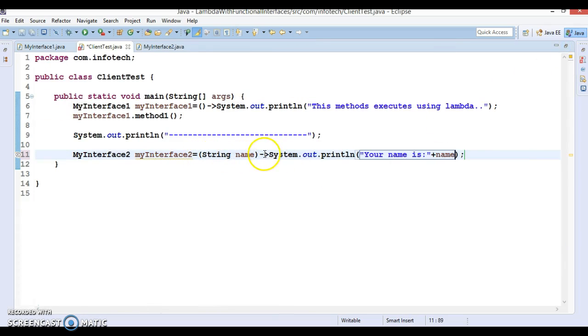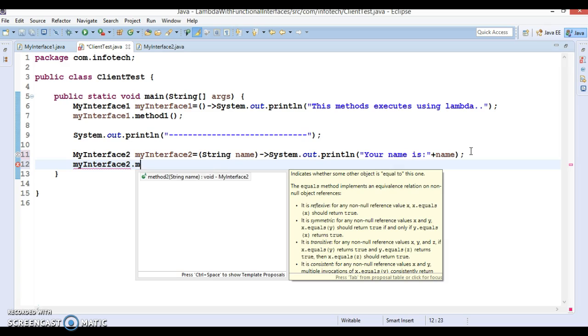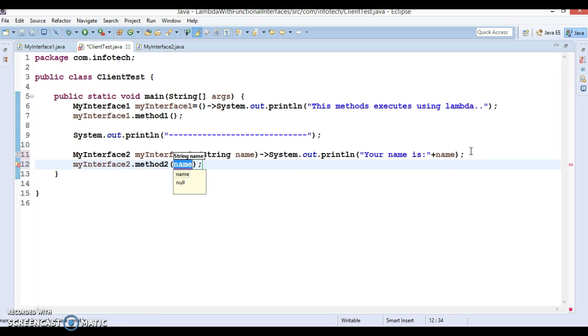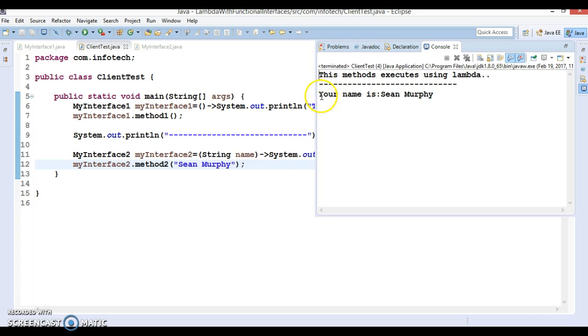This is the implementation of the method itself which is available in MyInterface2. Now you got the reference of MyInterface2, and while calling its method, method2, you need to pass the name. So I'm going to pass Sean Murphy, and if I run this application, we get the output: your name is Sean Murphy.